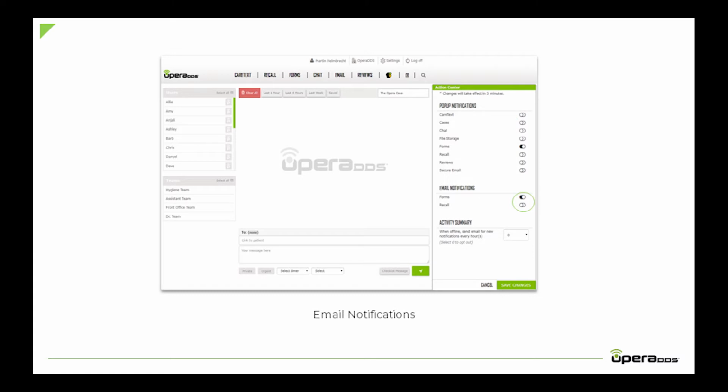Choose if you would like to be notified via email for forms or recall, and even set an activity summary. For the activity summary, when set at 0, this feature is off. If you select a value in the dropdown, the system will send you an email based on your selection if